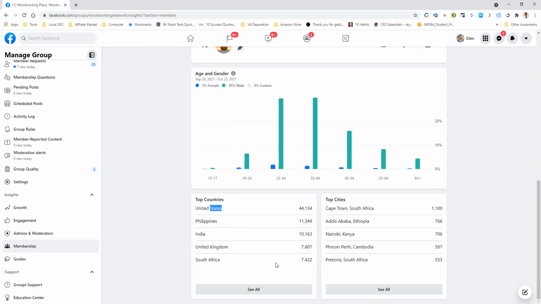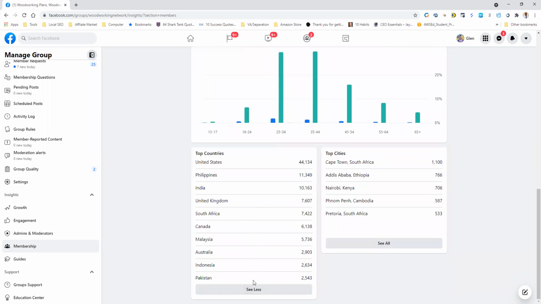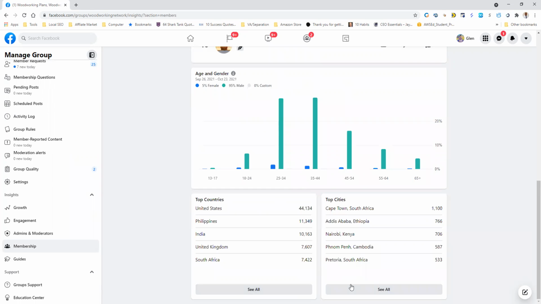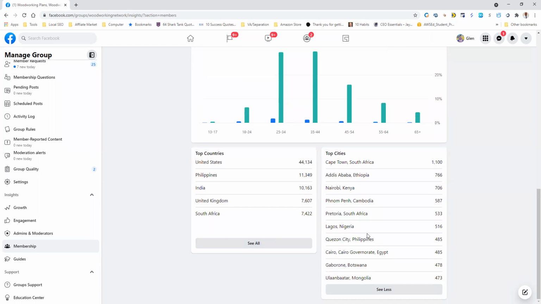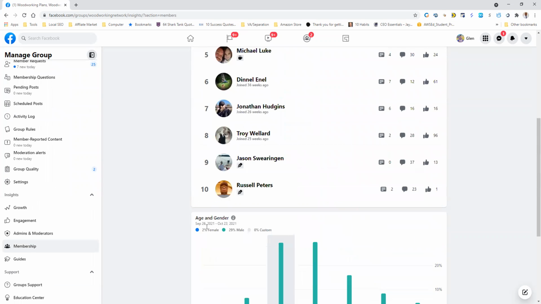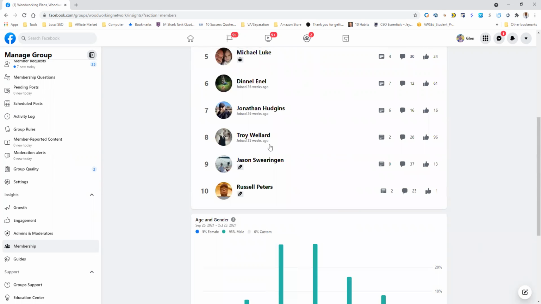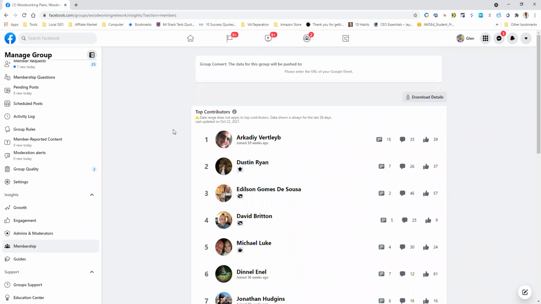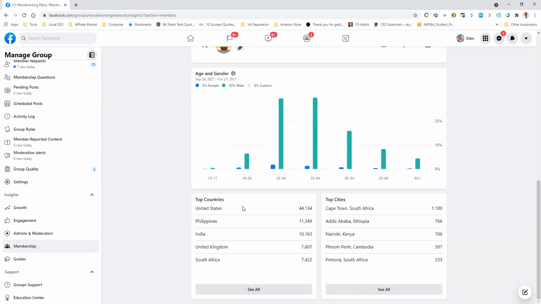So maybe 25% of the people that are joining this group are from different countries. That's not my target audience. Let's see, top cities. So yeah. Gender. So yeah, I should be able to see the top cities. I don't know where, but anyway.